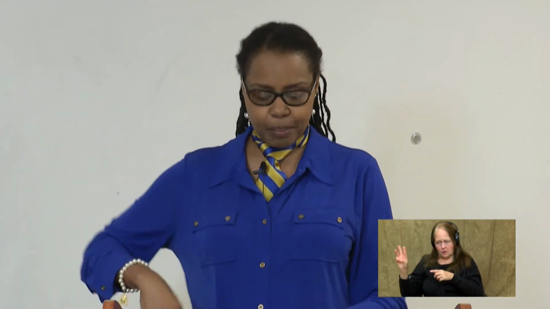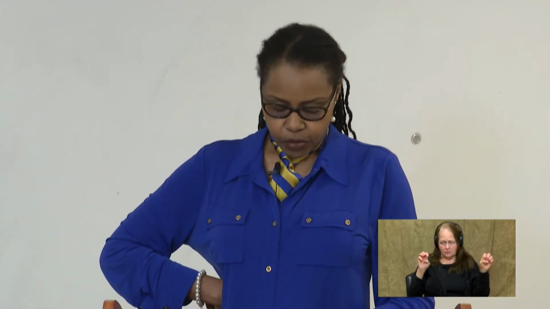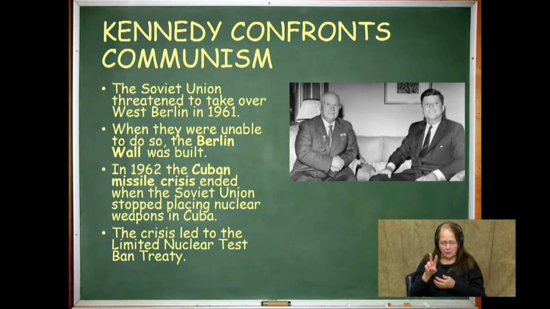That is why the Berlin Wall was put up, to keep people from going from east to west and vice versa. So the wall stood as a symbol of the Cold War for about 3 decades. It came down in 1991, actually. So in 1961, we have this wall. Now, what ended up happening was this. In October of 1962, the Cuban Missile Crisis started happening.